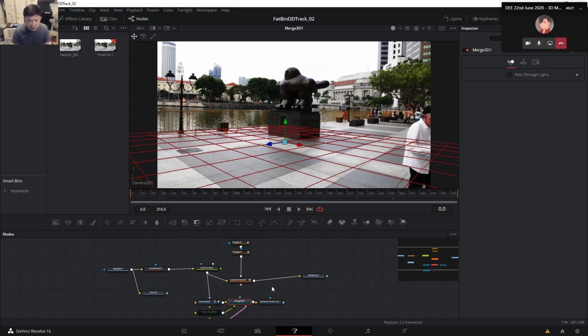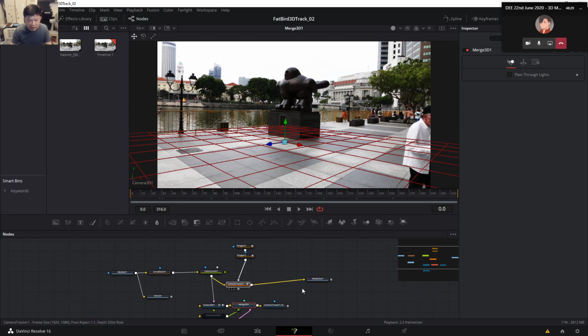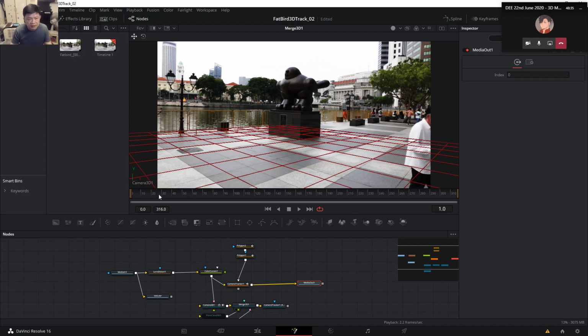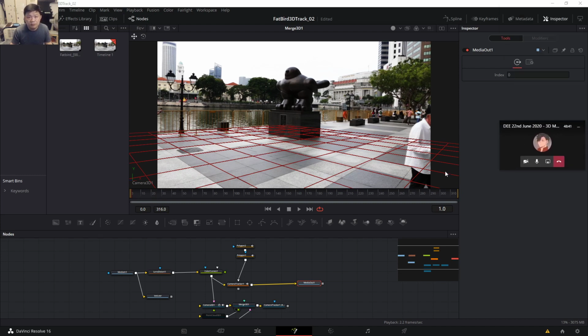Now, all these notes and everything, they look very scary, and if you don't know what you're doing, this can appear to be very complex. But if you understand the steps, it's actually quite straightforward. I wouldn't say easy, but you just need practice, all right? So this is a shot that I did